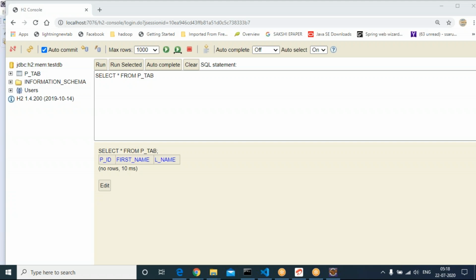These are the basic CRUD operations with respect to a database from a programming language, from Java, interacting with the database: to create a record, to read a record, to update a record, to delete a record. Creating a record is nothing but insert. How to create, we have seen save, saveAll.